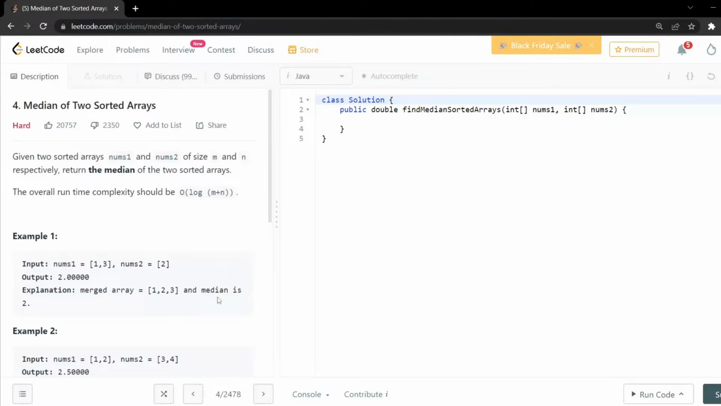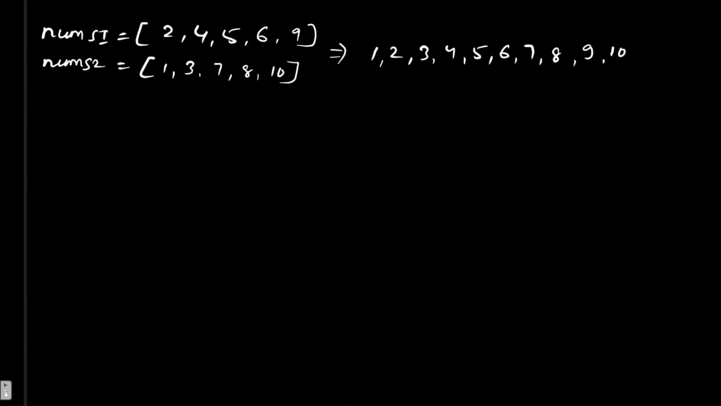So I have already written down a test case on the whiteboard. Let's understand this. In nums1, it is sorted and the elements are 2 4 5 6 9. In nums2 it is also sorted, and 1 3 7 8 10 are its elements. After merging this we will get a resultant array which is 1 2 3 4 5 6 7 8 9